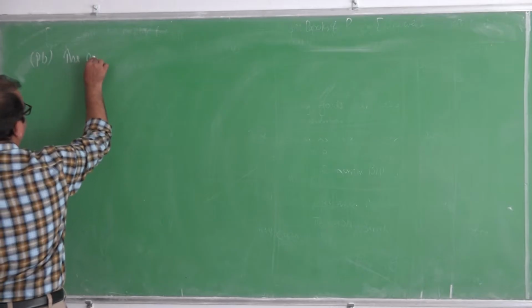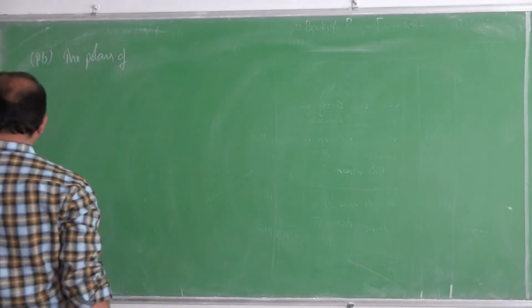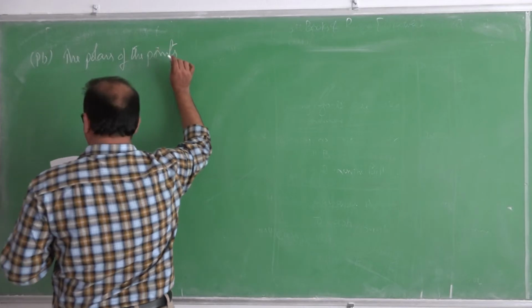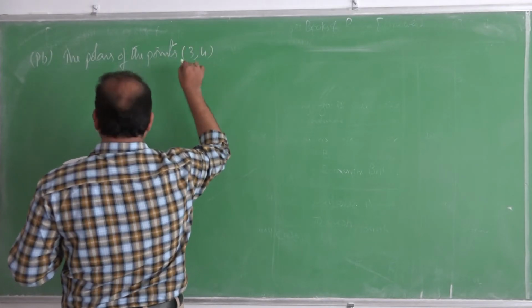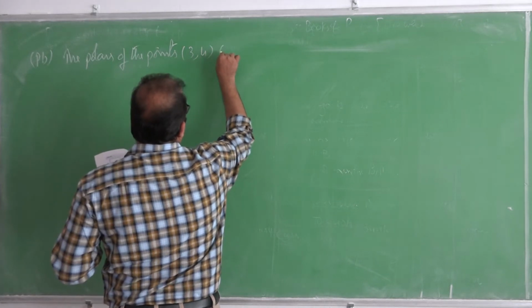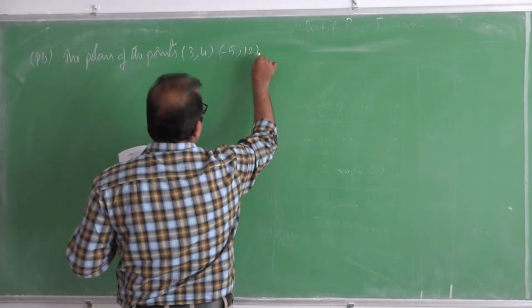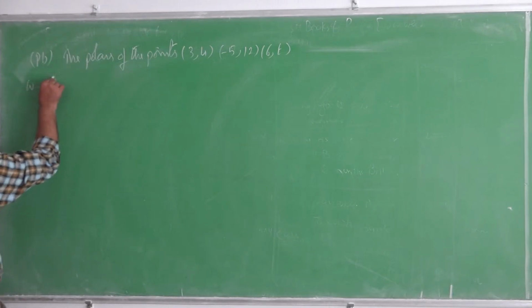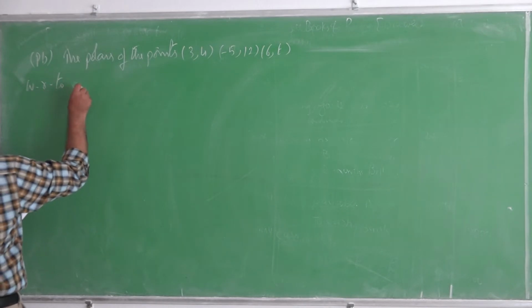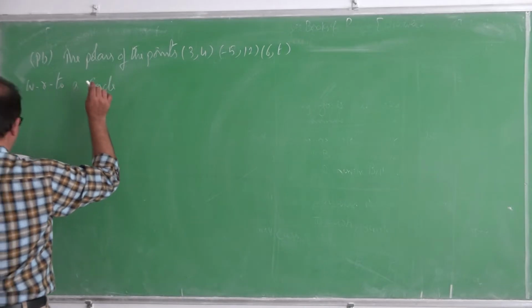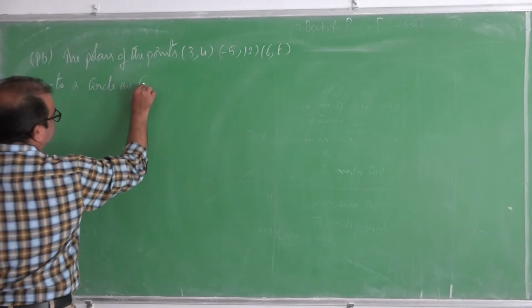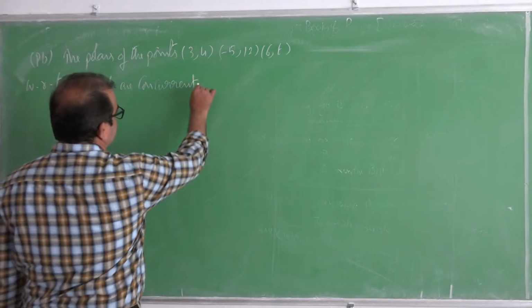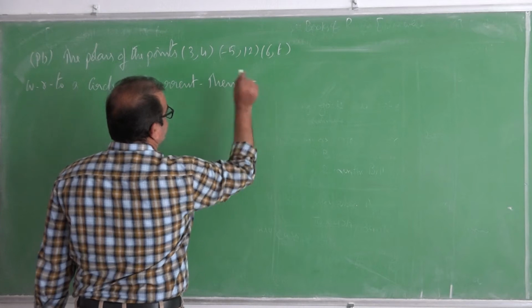The polars of the points (3, 4), (-5, 12) and (6, t) with respect to a circle are concurrent. Then t is equal to